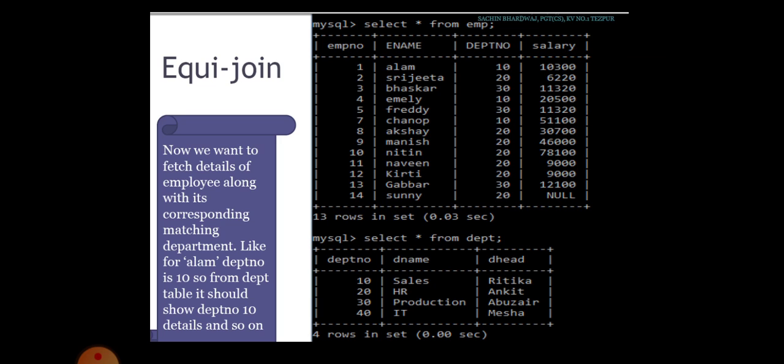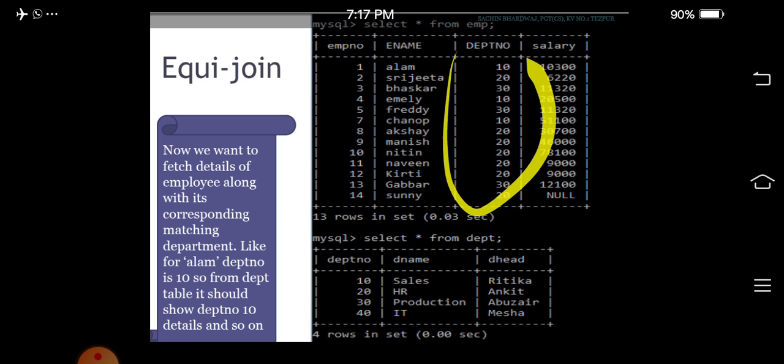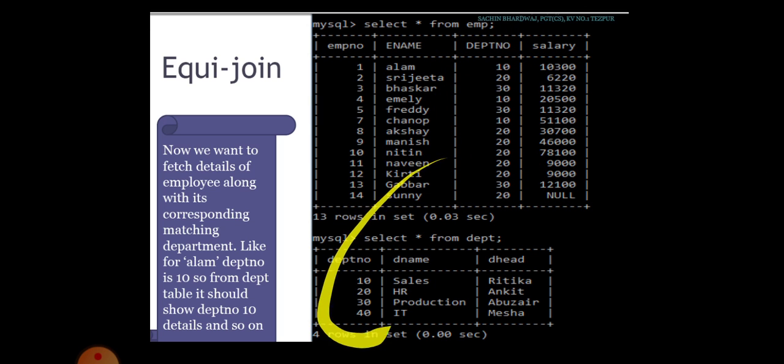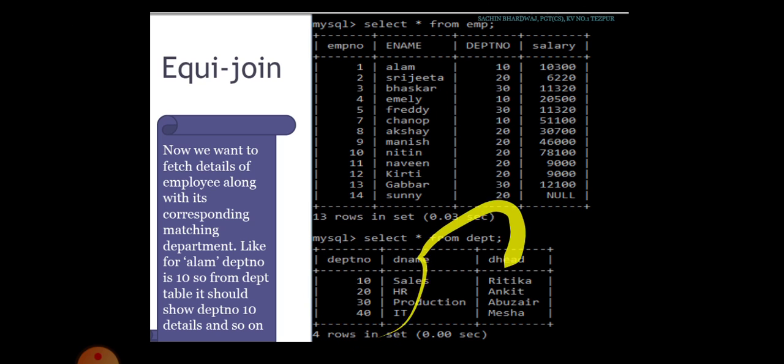Because in the employee table department number is a foreign key whose values are fetched from the primary key column of the department table. My dear children, I will repeat: department is the master table, employee is the child table.